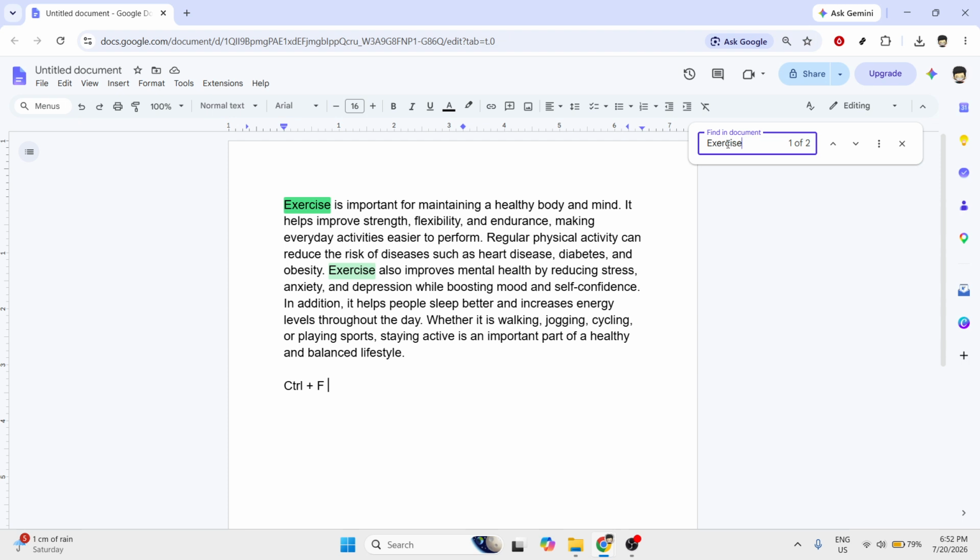Try to enter it exactly as you expect it to appear in the document. You can search for a single word, part of a sentence, or even a repeated phrase. This is helpful if you're looking for a name, a topic, a heading, or a specific detail buried somewhere in